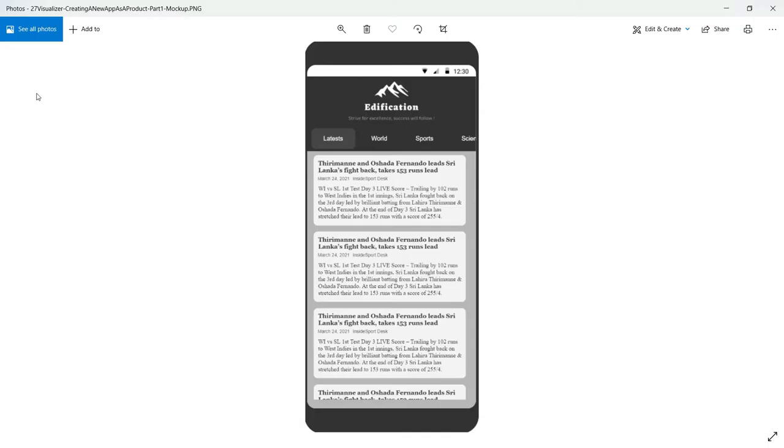From the mockup screen, we are able to see that we want to have a background color with the dark gray and the background color with the light gray. For each of the news types, we want to have this semi gray color for the buttons that we have here. So all these should be created as skins inside the application.